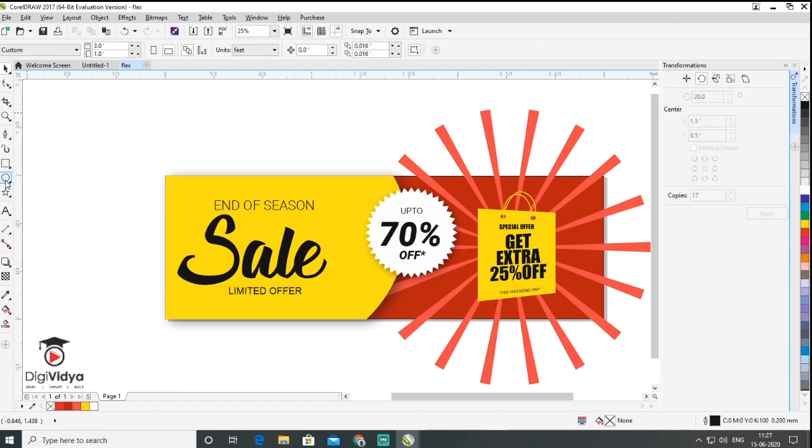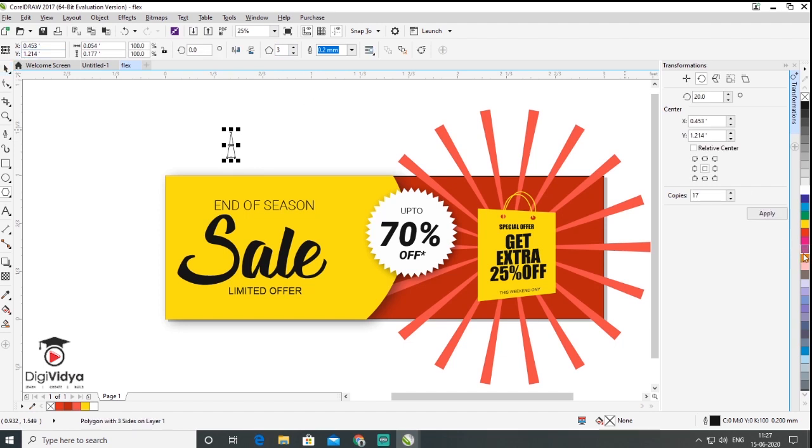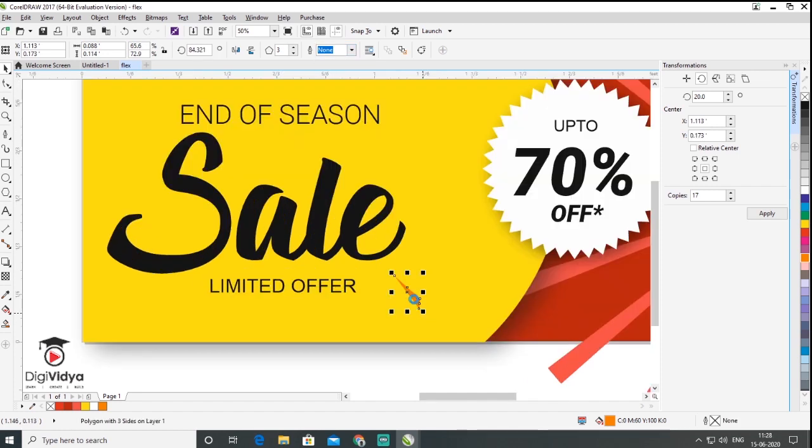Okay, so then I want to make a triangle using the polygon tool. I click on polygon. I want to make 3 sides. So here and here I put some dark color, and outline is none, and then I rotate this, Ctrl C, Ctrl V. I select here and flip them. I mean reflect. You can reflect here. So Ctrl C, Ctrl V, copy paste, and you can reflect this one.